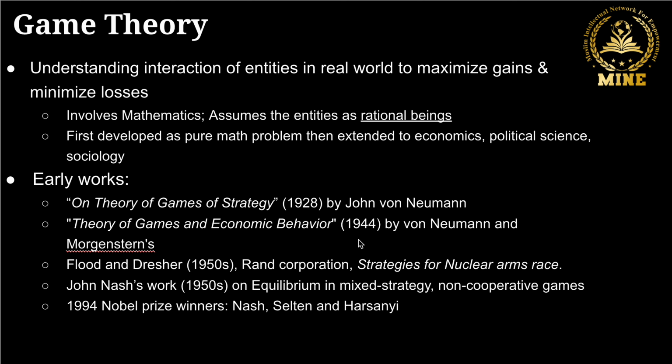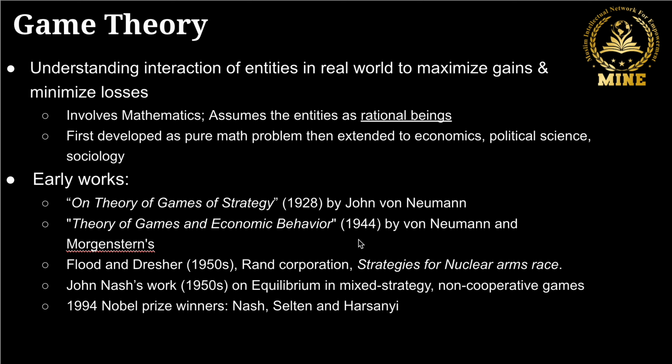And then as the arms race heated with the USSR nuclear test in 1956, and the US already had an atomic bomb prior to 1945, there were several institutes that were established to carry out calculations on how the United States should behave in the situation where the USSR is also developing nuclear weapons. And one such institute was RAND Corporation, which carried out this work by hiring mathematicians like Flood and Dresher. Another